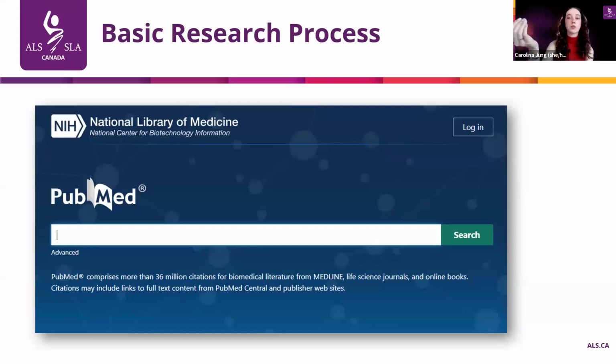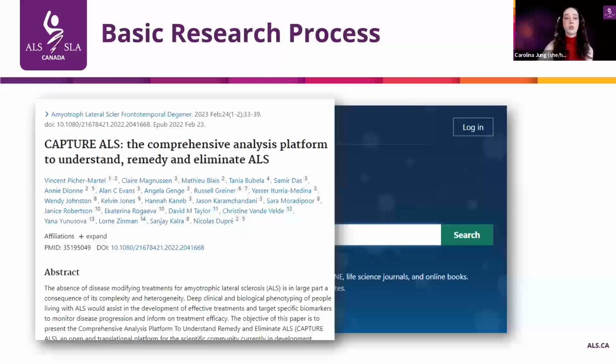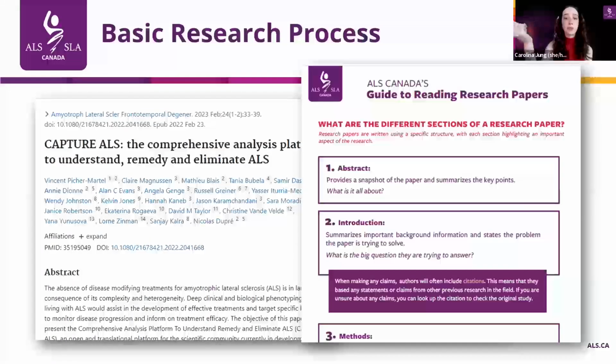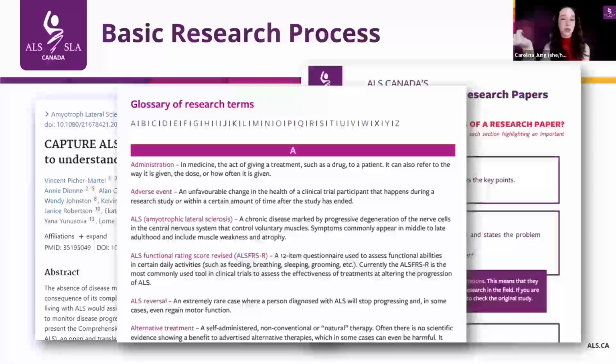We know that sometimes reading those papers can be a little rough if you're not a scientist, so we have a very short guide on how to start reading them on our website. We also have a glossary of research terms that explain common terms that might be used in papers that might also be of help. And these publications are how we know researchers are being transparent in their results and that we can trust that whatever they found in the labs is hopefully driving us closer to a cure.